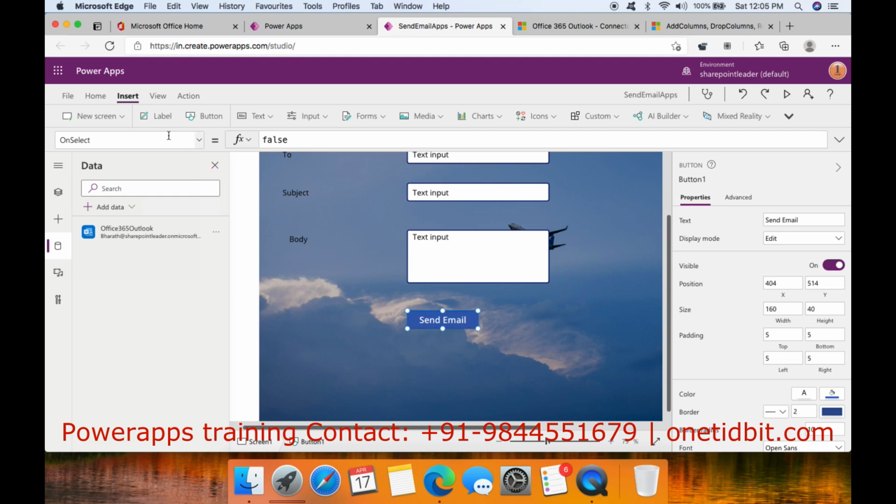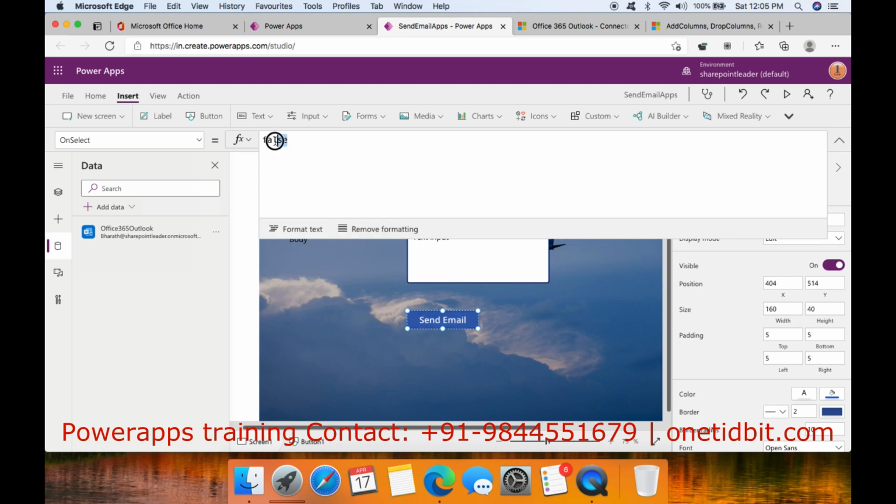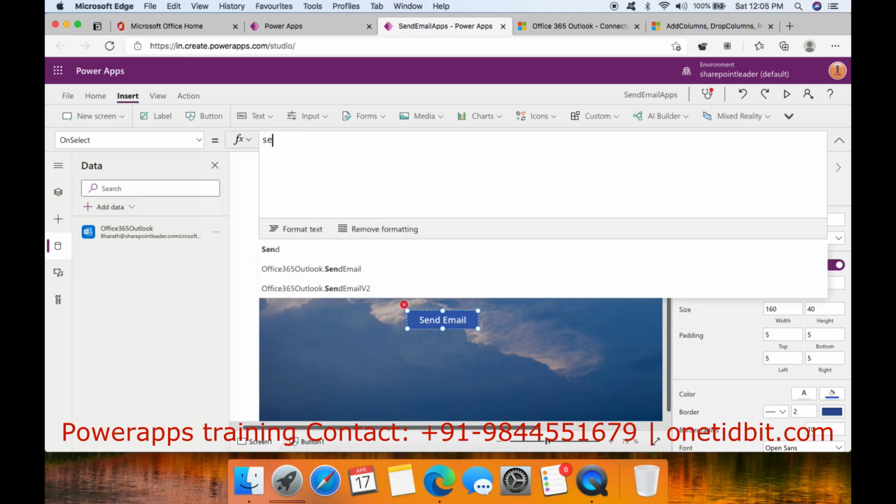On the left side you can see OnSelect. If you click this you can see the function expressions. Here let's check if any Office 365 functions are available. If you see Office 365 Outlook, we need Send an email.